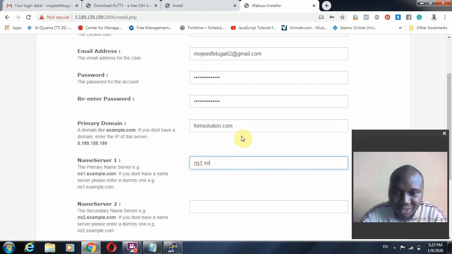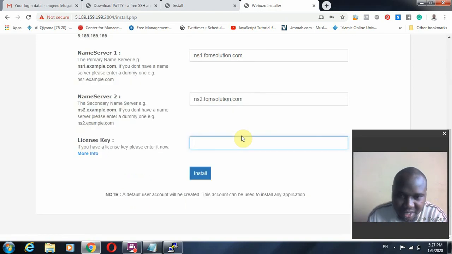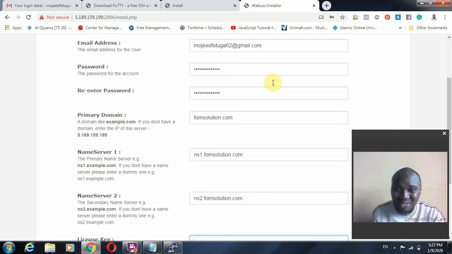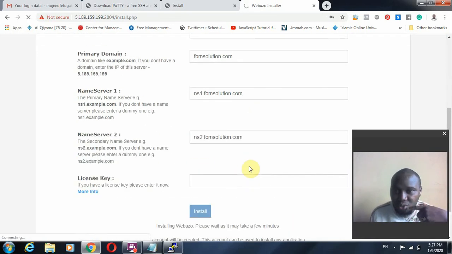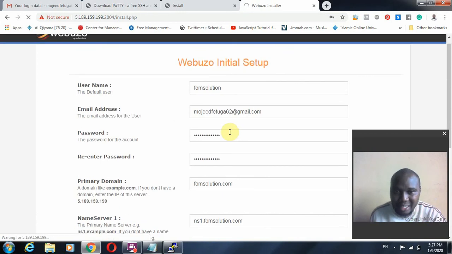So I'm just going to say from solution. I'm just creating this one now. It's just for me to feel. Of course, if I don't have anything, I can just put any domain there. Solution.com, ns2. I will show you how to create name server, and for now there is no license key. We are just setting this up. There is no license key, and what we are going to do is just install this inside this